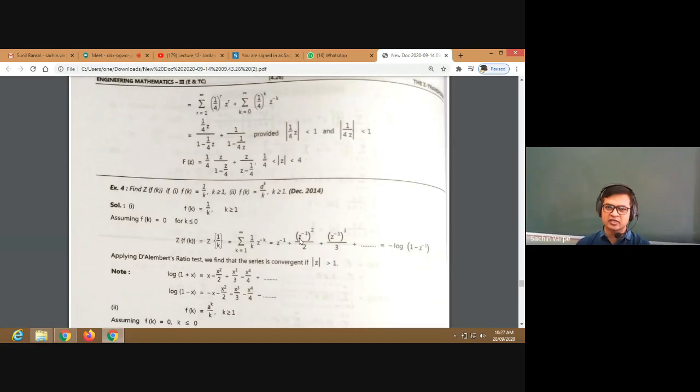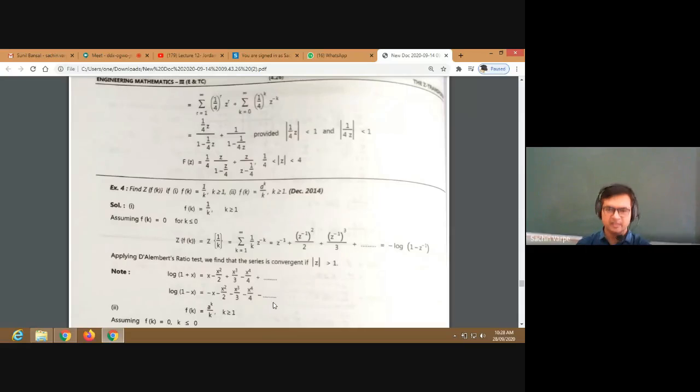You can see each term of this series is in the denominator, isn't it? And denominator means what? If we substitute z equal to 0, then each term will be infinite, right? So such series are called Laurent series expansions, Laurent series in complex. We are going to discuss this series in the last unit in detail, don't worry. So here, this logarithmic series is convergent in mod z greater than 1.